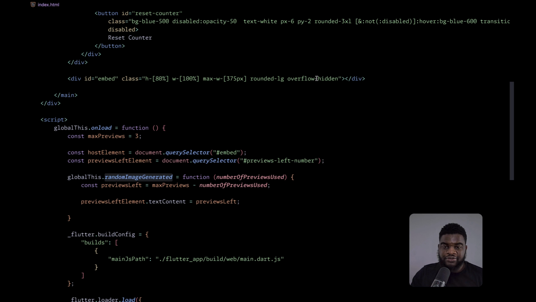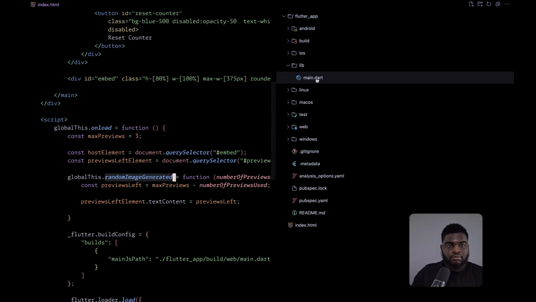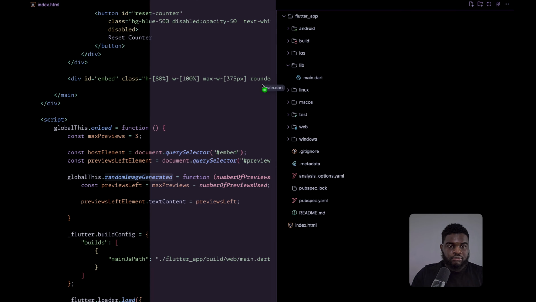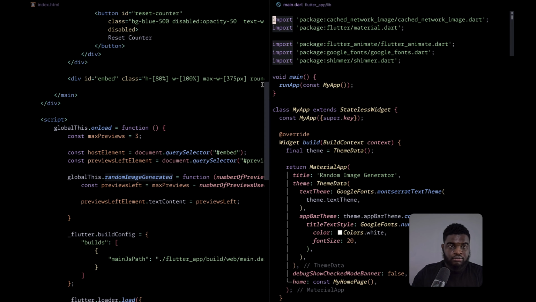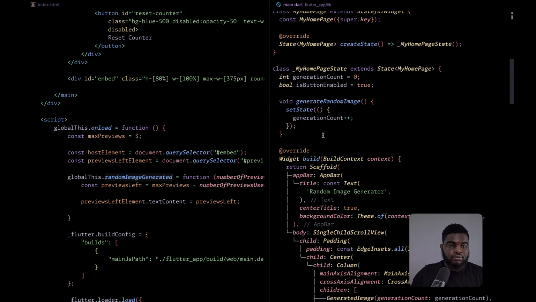Now that the function has been defined on the JavaScript side, we can call the function from the Flutter app. So this is the function that generates the random image. It increments the generation count. So we want to pass the latest generation count to this randomImageGenerated function.